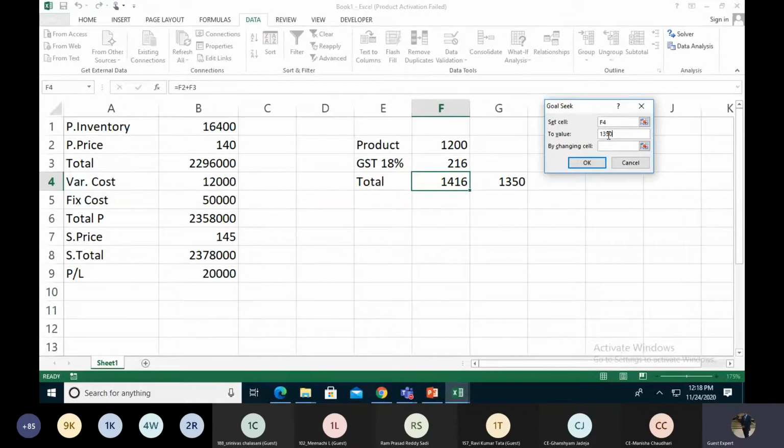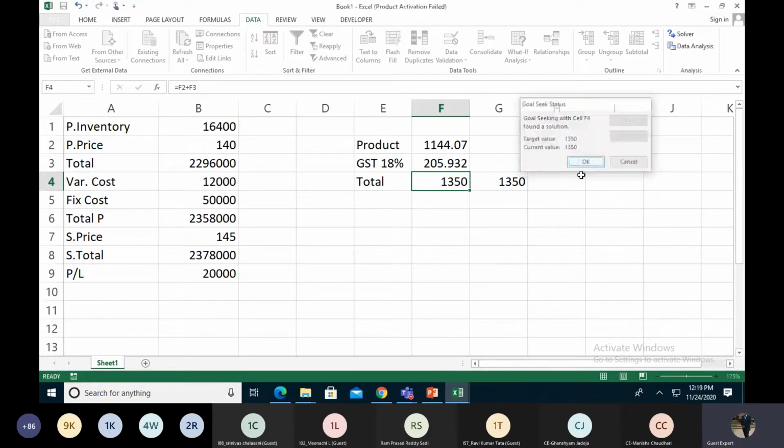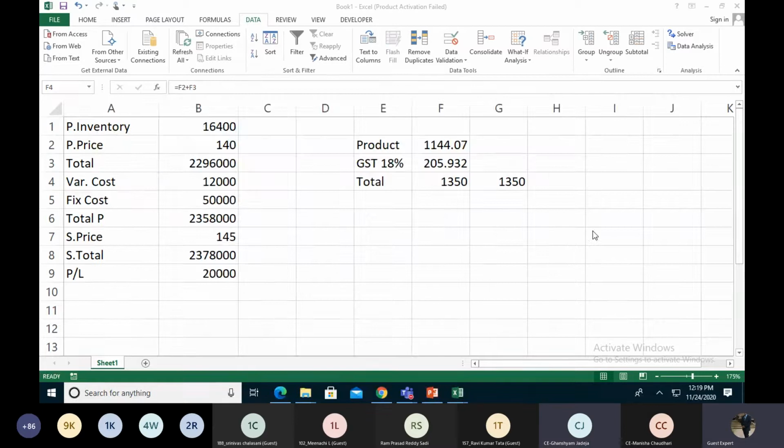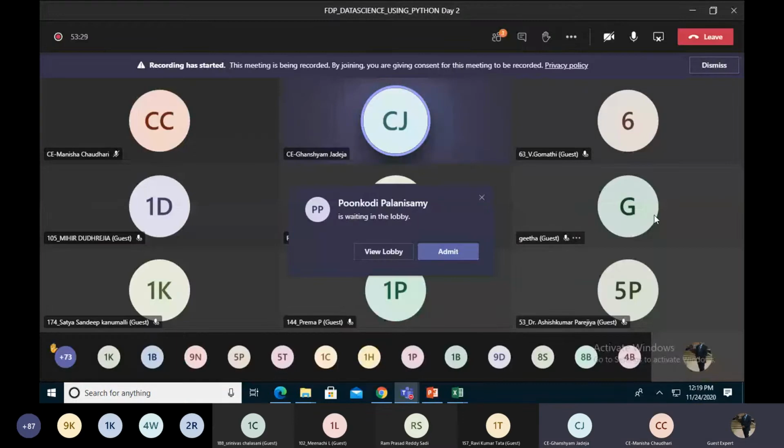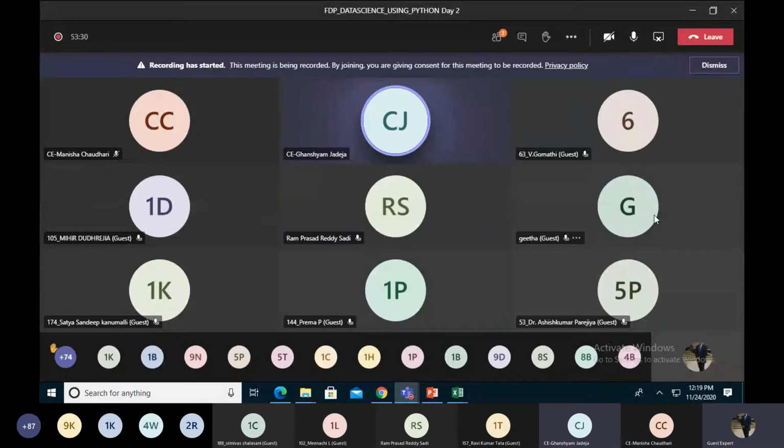Many people are not seeing the shared session. Am I right? Not able to see the shared presentation. Are you not able to see it? Sir, we are able to see it. So if an individual is having a problem, they need to refresh or rejoin.